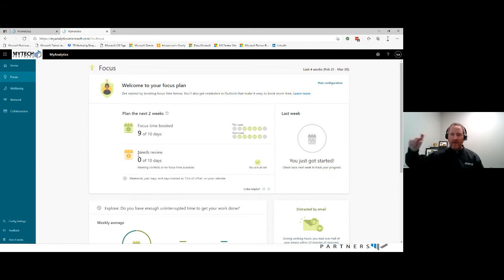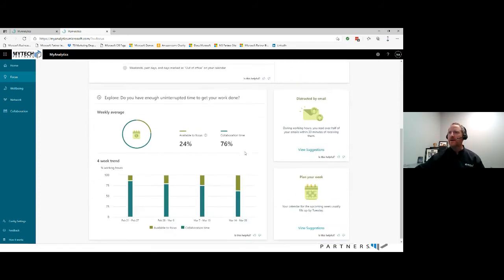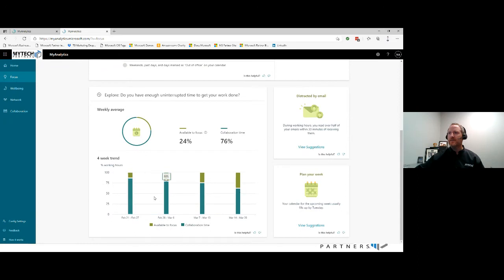I adjusted my calendar, and it then automatically went back in and put in some focus time that I didn't have before, because I adjusted my calendar. So there's some kind of cool ways there. And then again, collaboration versus interruption time. It tells me here that I'm distracted by email, and it says, hey, what are some suggestions to maximize focus? Try checking your inbox once an hour. You know, maybe that's something I need to do, is block off my inbox better. So those are just little insights that you can gain from this.